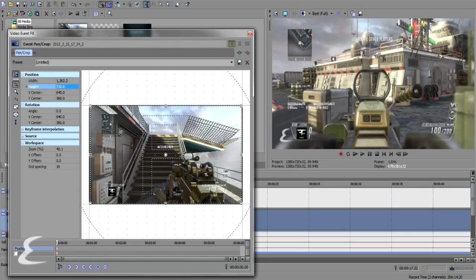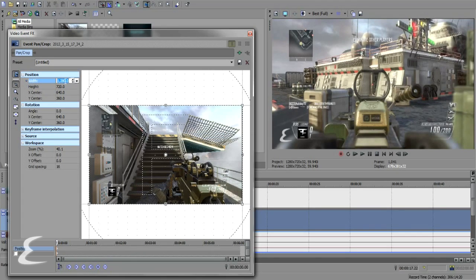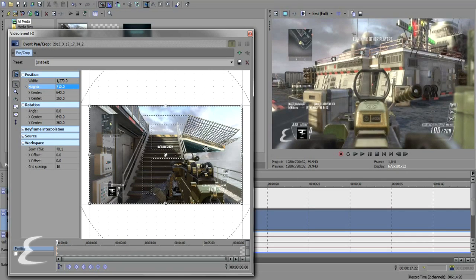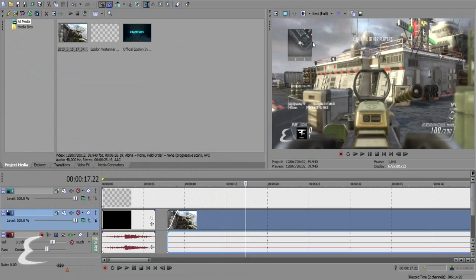So also another thing, if you want to make the video fit perfectly and make it look good, when you're in the video pan and crop, you should see the letter F and then a rectangle marquee around your video clip. Right click on that and then press match output aspect. If I restore this, it will put it back to its original state. So again, like I said, put in 1270, then 710, there you go. Then right click, match output aspect. There you go. So now your video has no black lines, it's not going to have the ghosting effect,